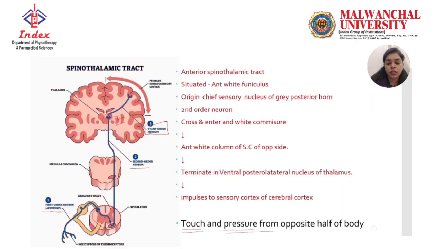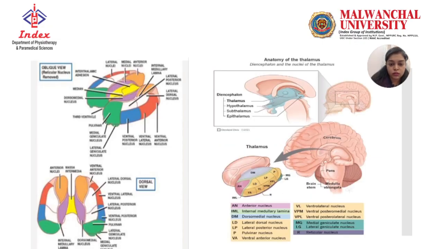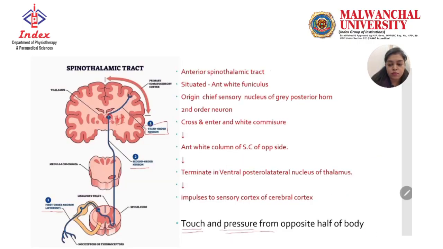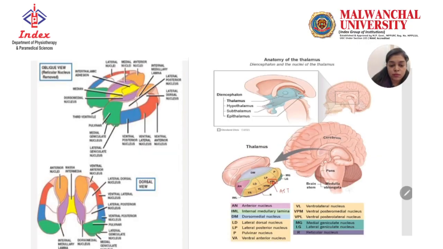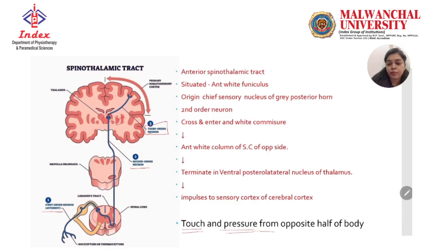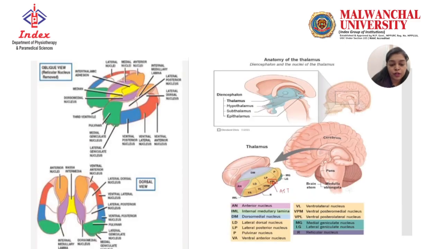So if we talk about the thalamus, this is the ventroposterolateral part, यहाँ पर ये anterior spinothalamic tract टर्मिनेट होता है मेनली इन, जो उसका सेकेंड ऑर्डर न्यूरॉन है वो यहाँ टर्मिनेट होता है, और ये थैलेमस के पार्ट्स है।